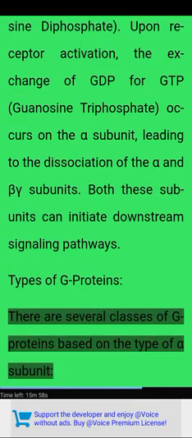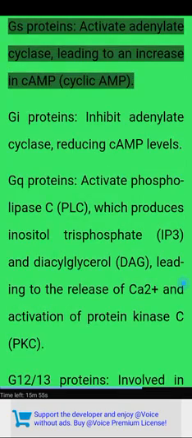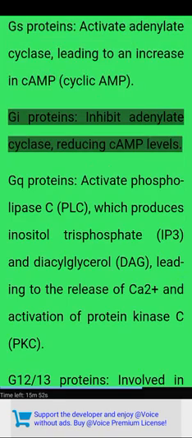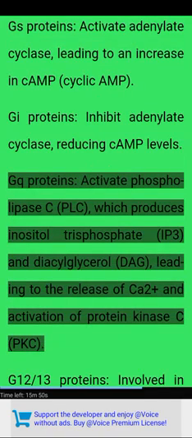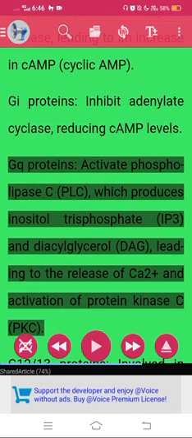Types of G proteins. There are several classes of G proteins based on the type of alpha subunit. Gs proteins activate adenylate cyclase, leading to an increase in cAMP, cyclic AMP. Gi proteins inhibit adenylate cyclase, reducing cAMP levels. Gq proteins activate phospholipase C, PLC, which produces inositol IP3 and diacylglycerol DAG, leading to the release of Ca2+ and activation of